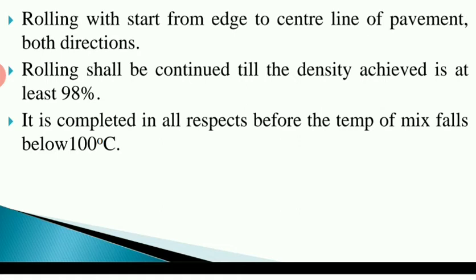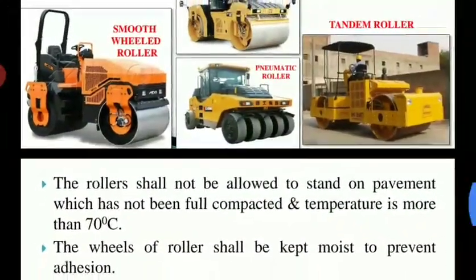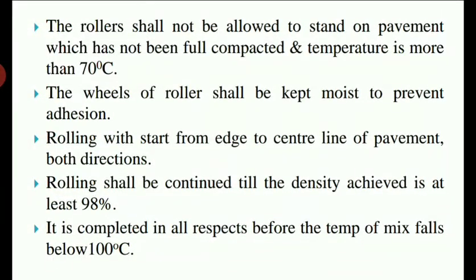And here it should be completed in all respects before the temperature of the mix falls below 100 degrees Celsius. Obviously it will be 120 to 160 degrees Celsius when we start the rolling. We need to complete the entire compaction process, using initial compaction, intermediate compaction and finishing compaction, right? Within 100 degrees Celsius we need to finish all the types of compaction on the road by using the road rollers. Okay,